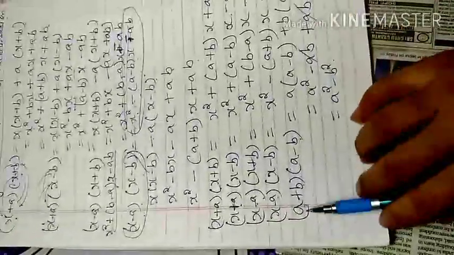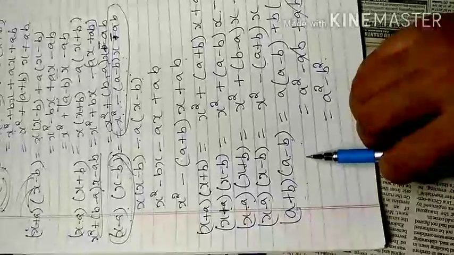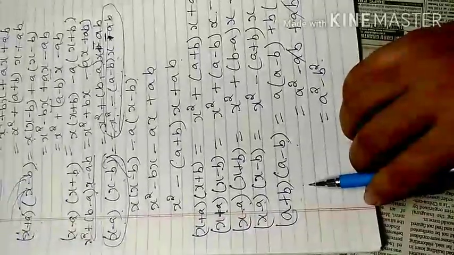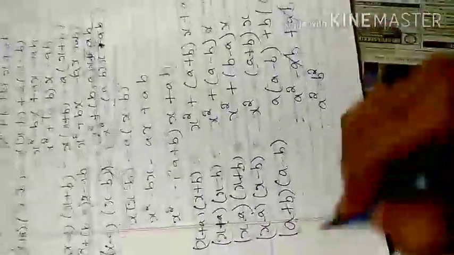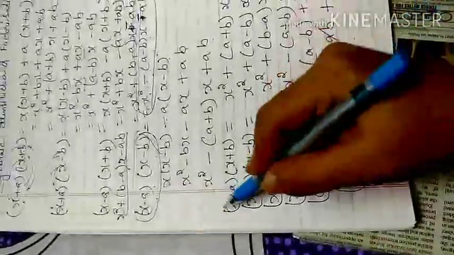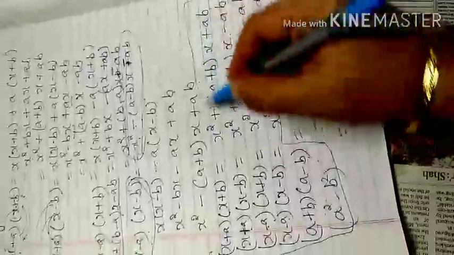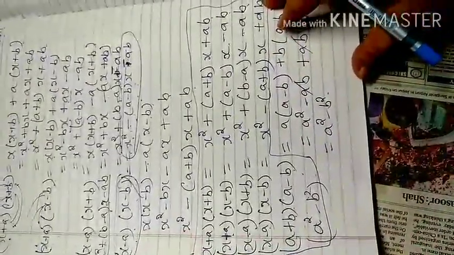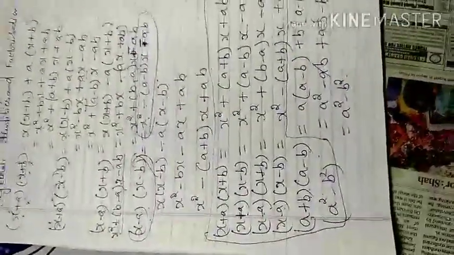That means if both terms are the same, one is positive and one is negative, meaning the addition of two same terms and the subtraction of the same two terms, we can directly write a square minus b square instead of doing such a long process. So these are my basic formulas I have to apply in my exercise 7.1. I will go through some questions of this, so it will be easier for you to understand.